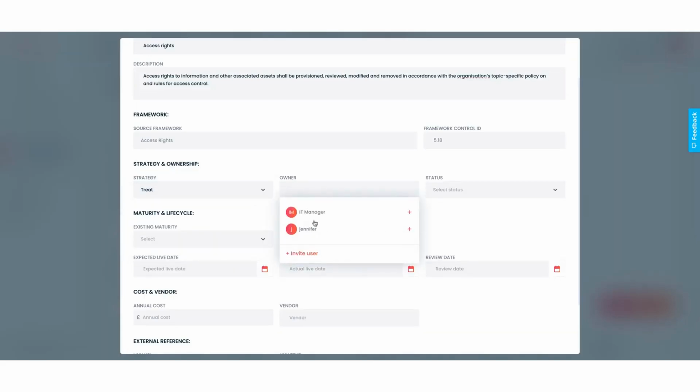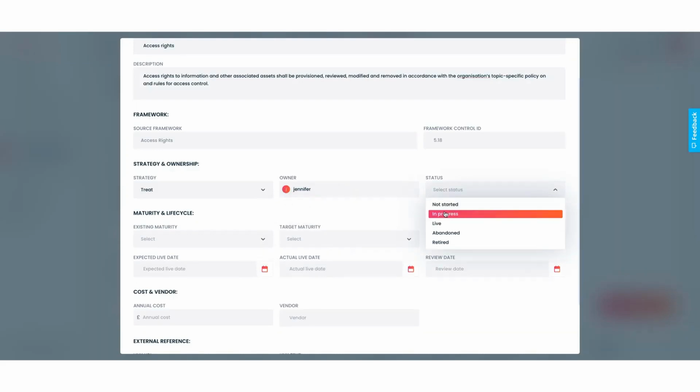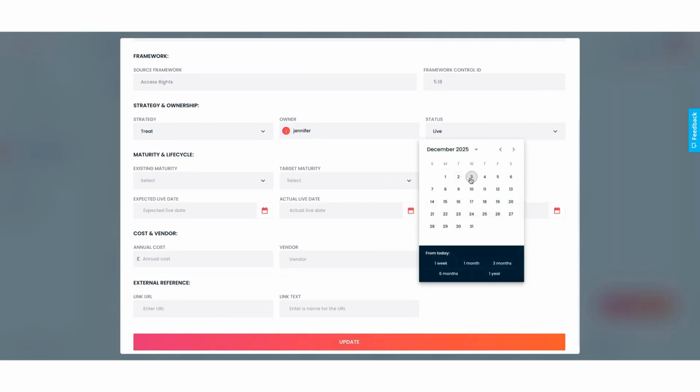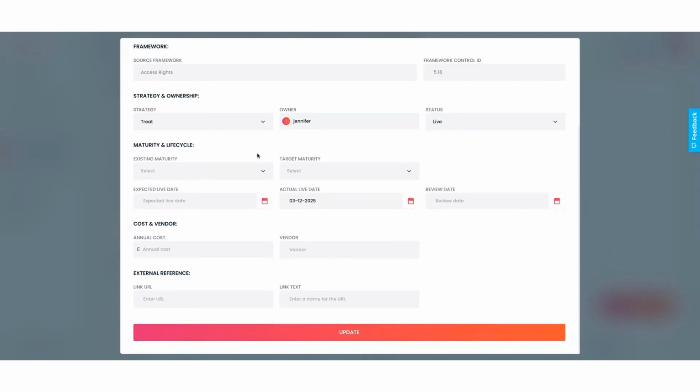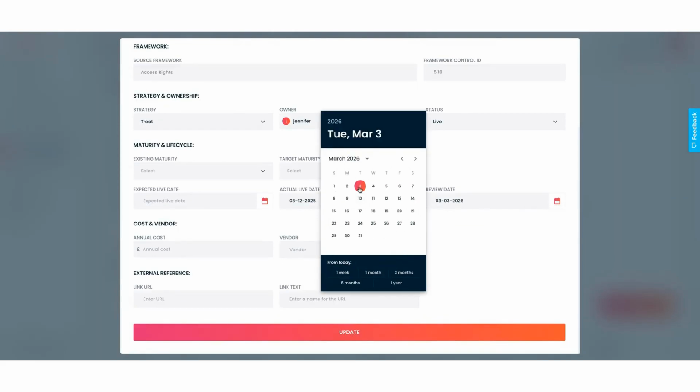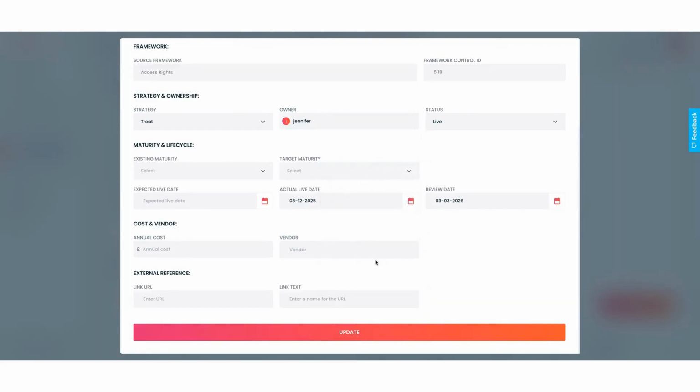I can assign myself as an owner here, I can also set the status to live. We have access rights, so I'm going to create that as live, and I'm going to put that as today's date there. You can add target maturity if you wish, but for now, I'm not looking at that. I'm also going to set the review date for 3 months' time, as that's kind of in line with our